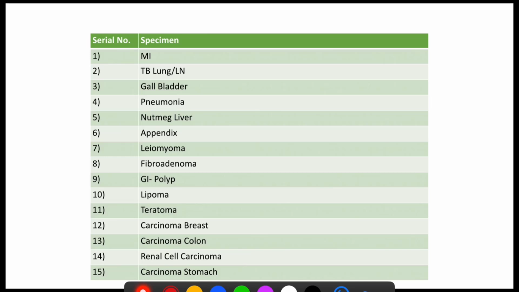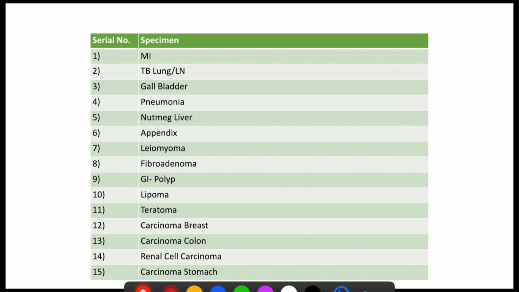This is the list. So I hope now you will use this standard format and you will use this approach for describing specimens in a particular order,